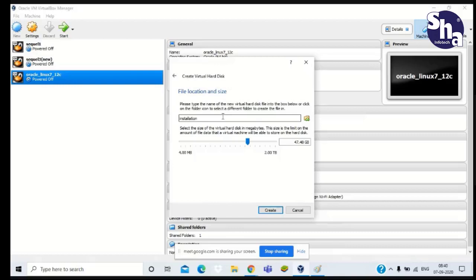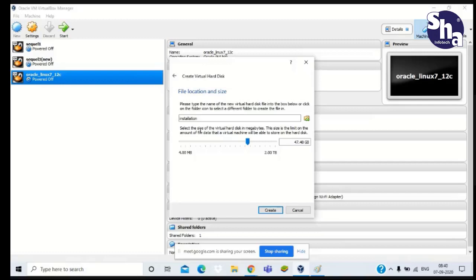Clear? Because if that local disk gets full, then this VDI will stop working, because it needs some space.